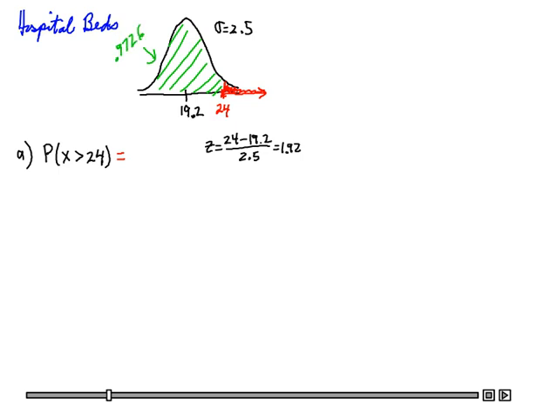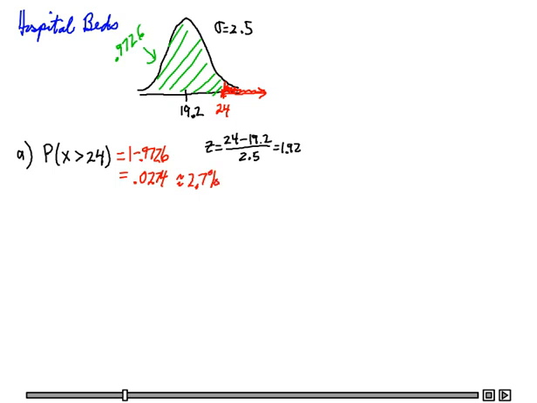And so to get my answer, remember the probability under the density function totals 1. So I'm going to have to subtract the 0.9726 from 1 to get 0.0274, or approximately